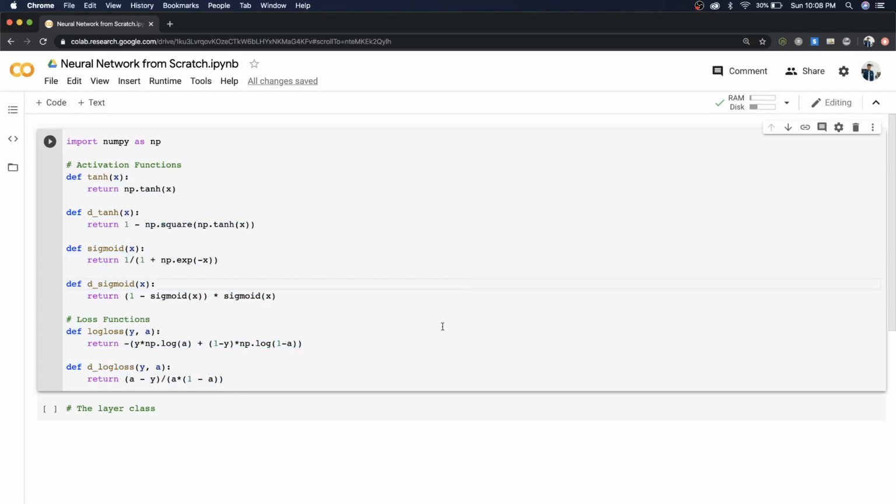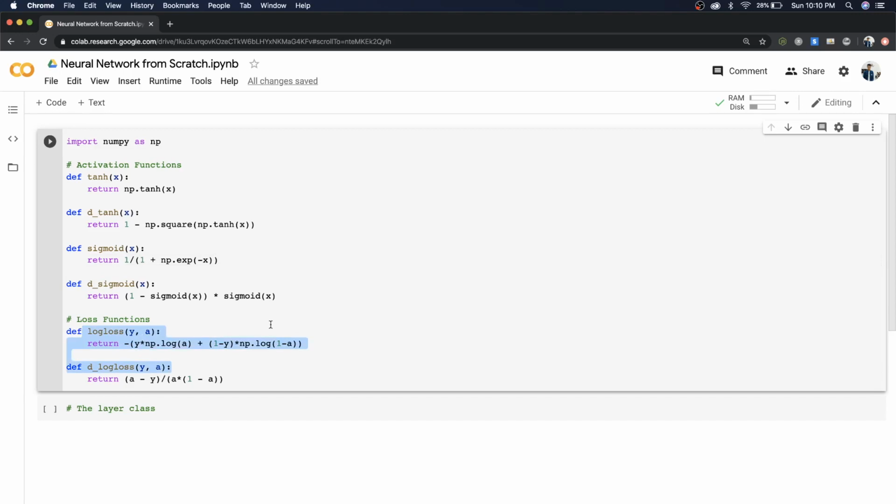Also, we'll be using the logarithmic loss function or log loss to calculate the cost of our network. The reason we are using this is because we are going to implement the XOR function today. So the output will be a binary 0 or 1. Thus, this can be considered a classification problem since the output is 0 or 1, and log loss is good for classification problems. Also, the activation function used in the output layer is the sigmoid activation function, which gives us a probability between 0 and 1. This is also another reason for using the log loss function to calculate our loss.